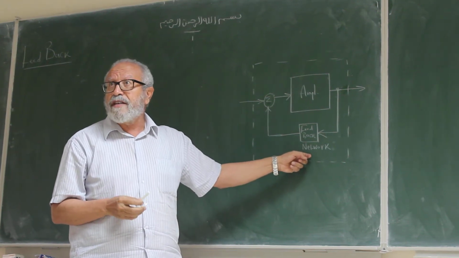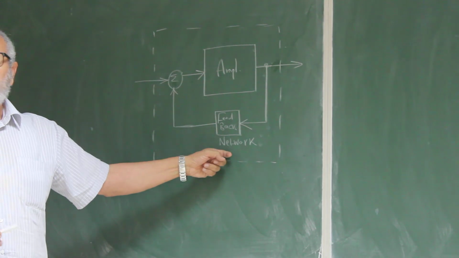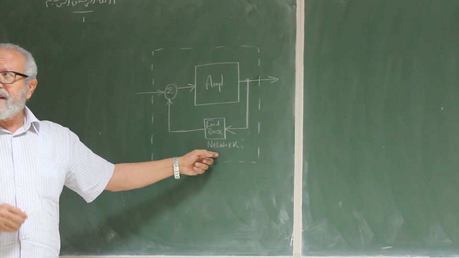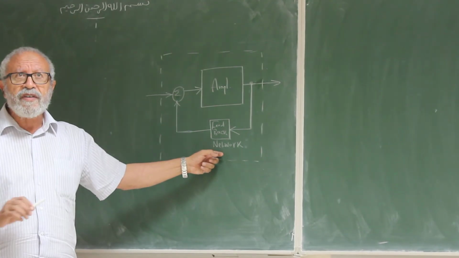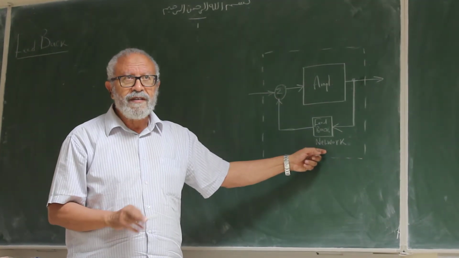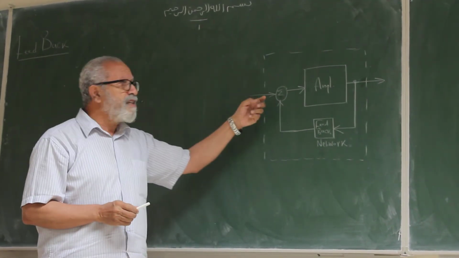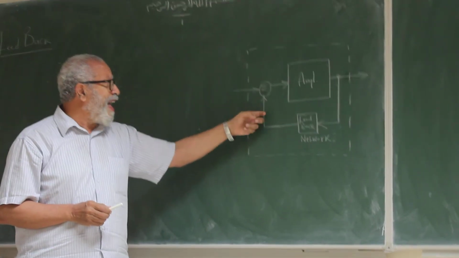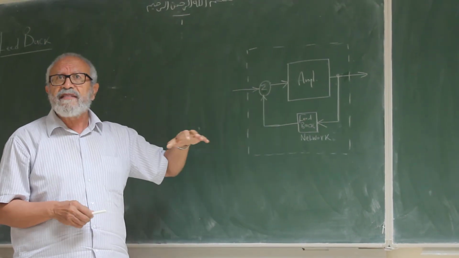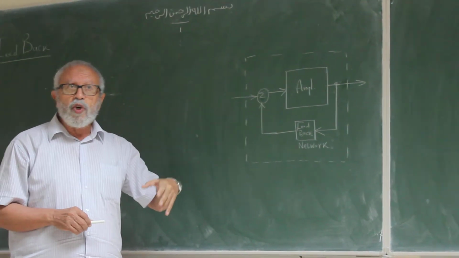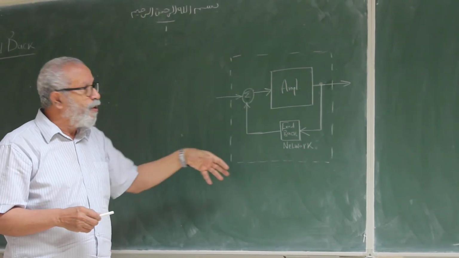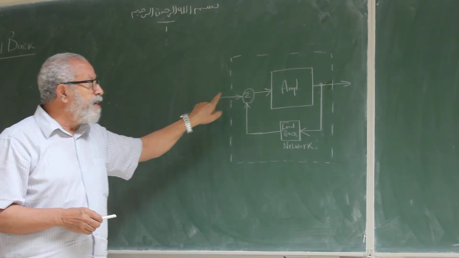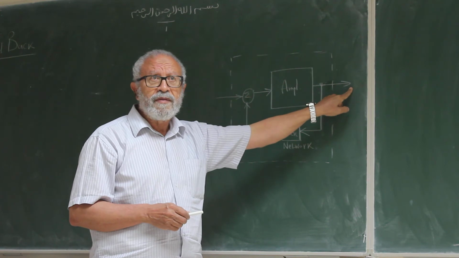As I said, it can be as simple as a wire, or it can be a combination of resistors and capacitors. In very rare cases, it may be an active element. But here in 303, we consider only the passive network, no active network. And this is a summation network, in order either to add these two components together or subtract them. It depends on what we want. So what is the input of this whole network? This one. This now is the input, and this is the output.